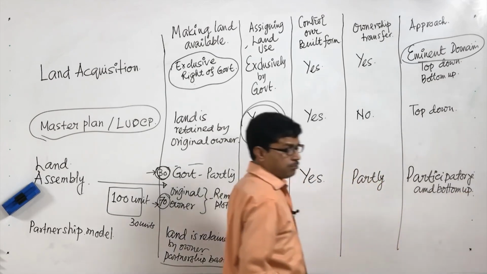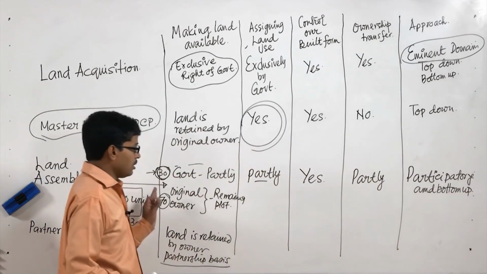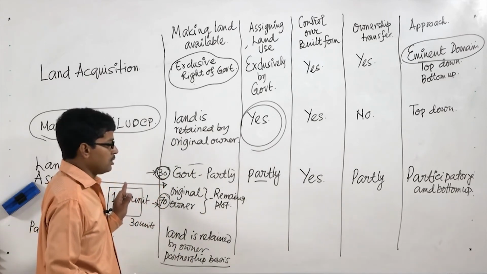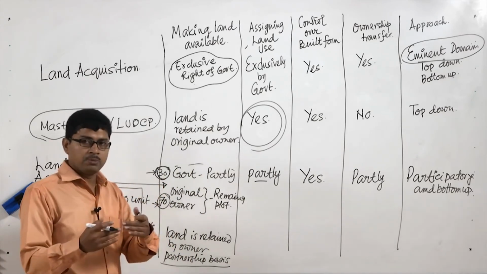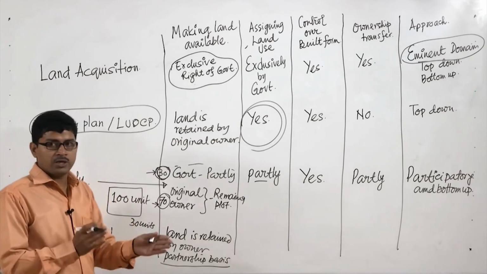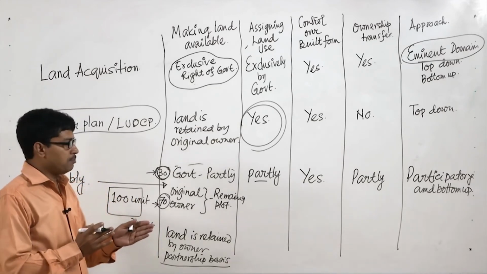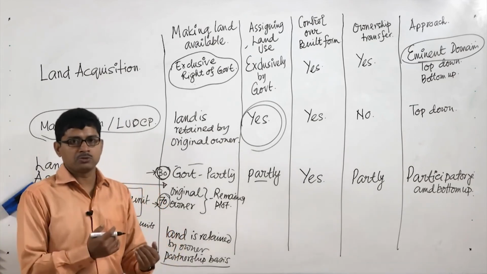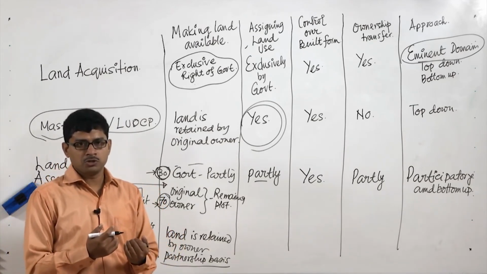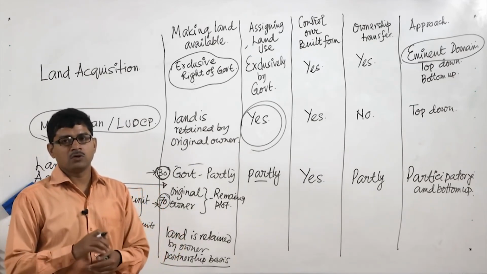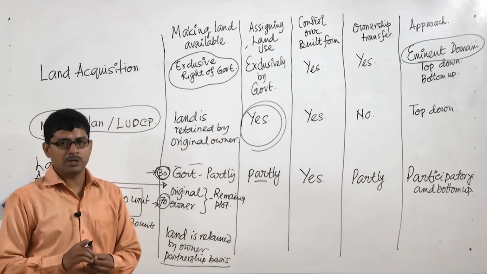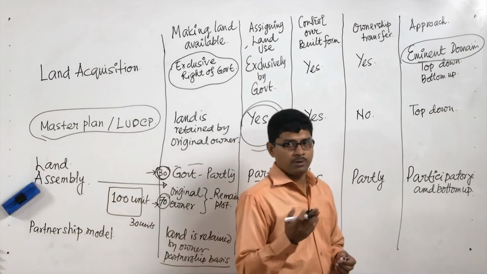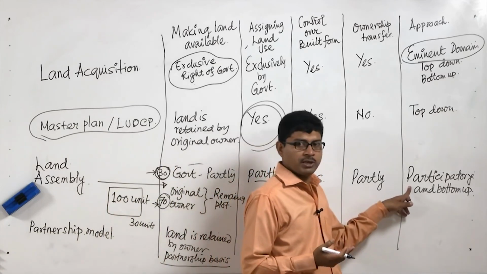And bottom up, because without the participation of the original landowner this particular method is not possible. So, here government's role is to talk with the people, negotiate with the people, come to a specific proposal, place the proposal before them, get their feedback, get their grievances, then come back to the studio, to the work, incorporate all the changes and feedback given by the people, then again go back to the people, present to them and finalize the plan. So, here the whole process is participation.